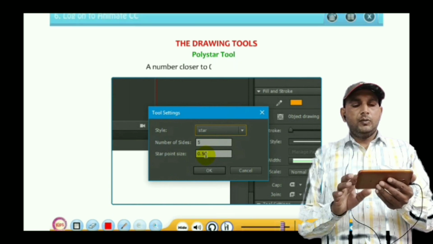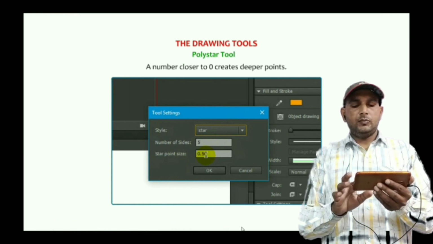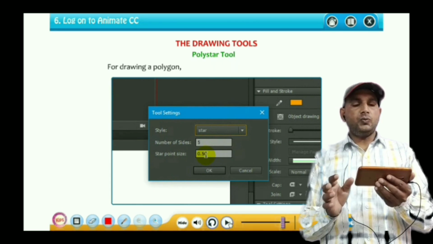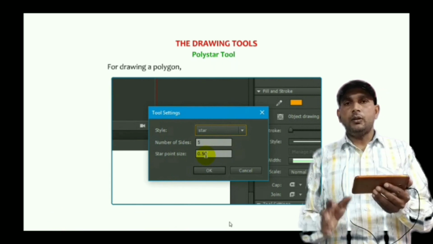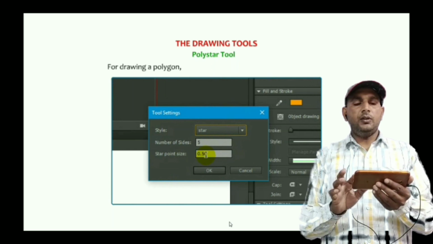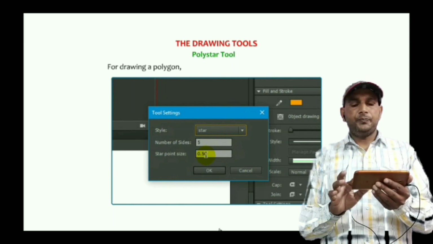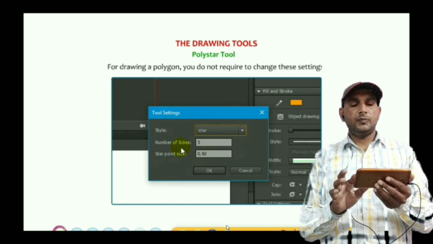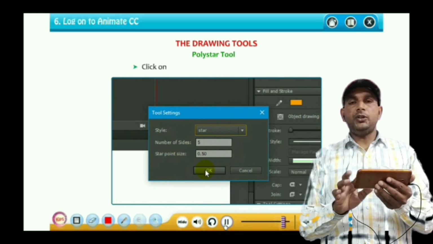A number closer to 0 creates deeper points. For drawing a polygon, you do not need to change the settings.